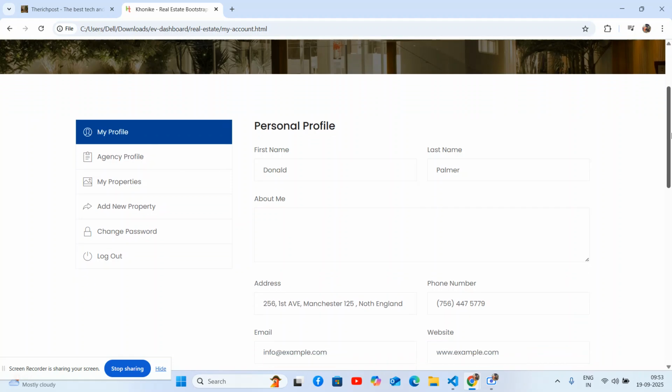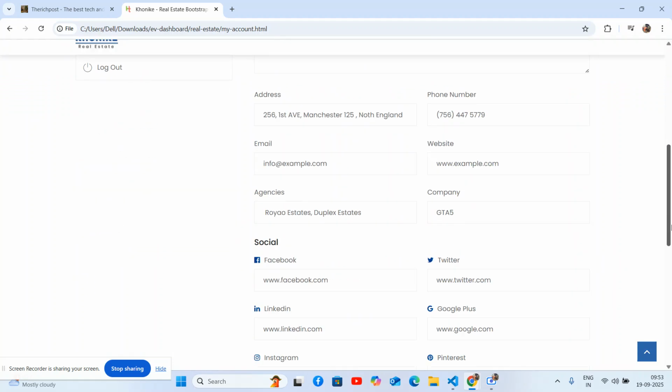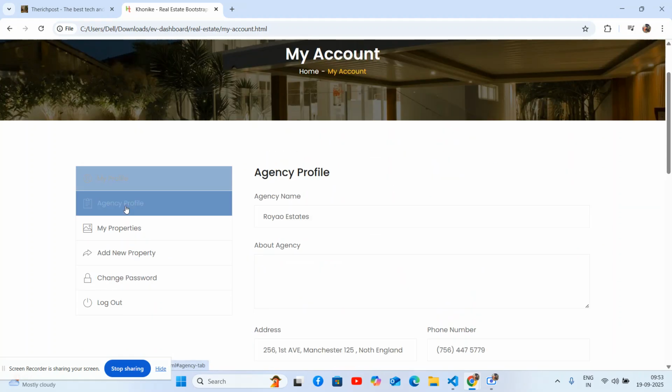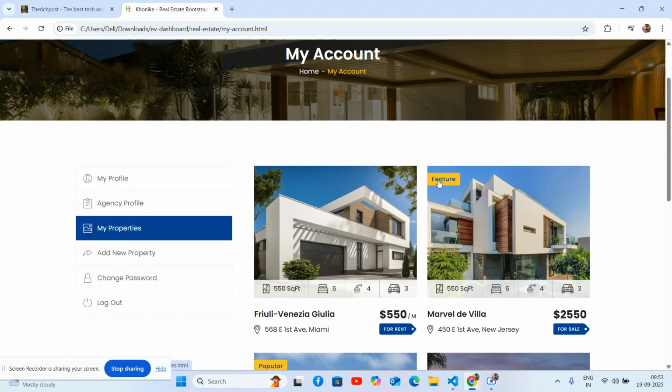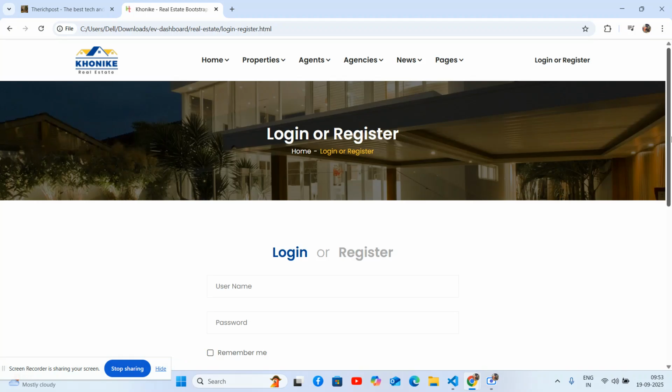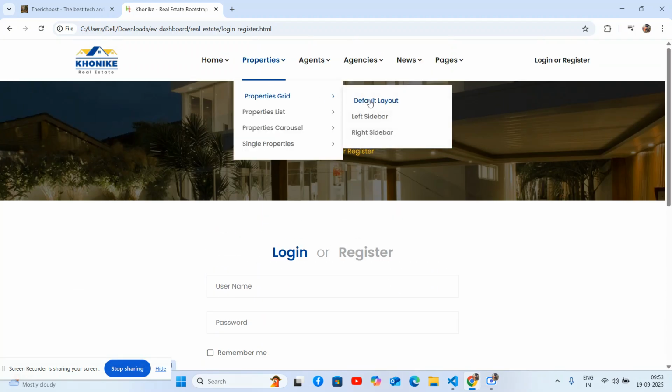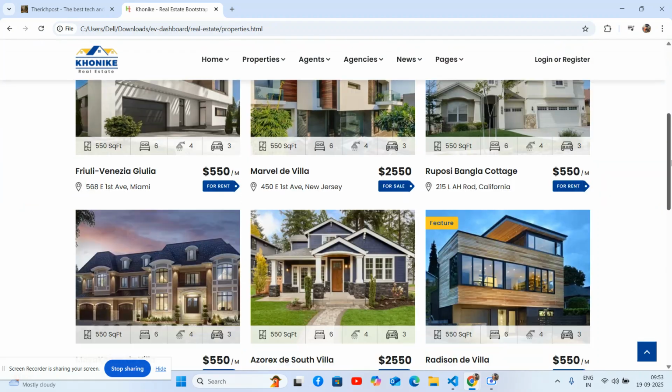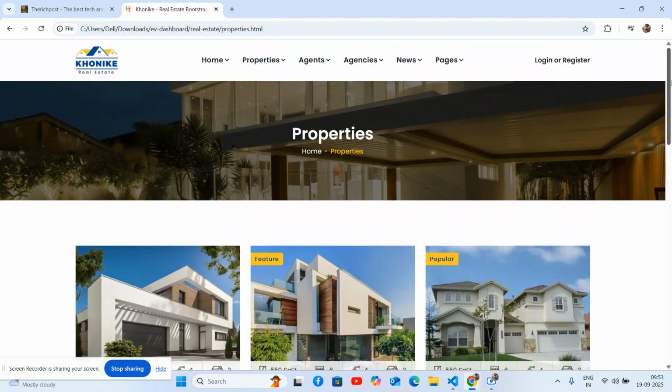See friends, the my account personal profile details page, toggle, agency profile, my property which I have added, add new, change password and log out, login page, and also you will get the properties page as well. See, so guys, see the beautiful, and back to home page,